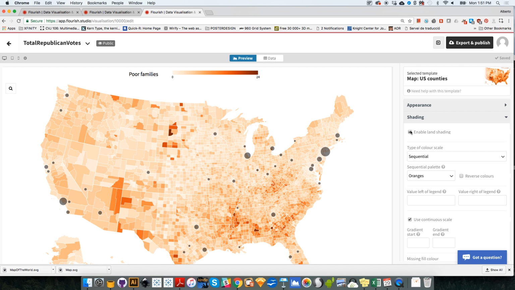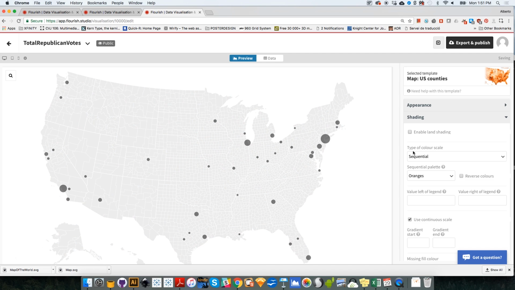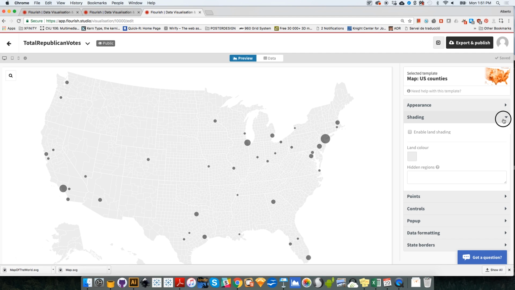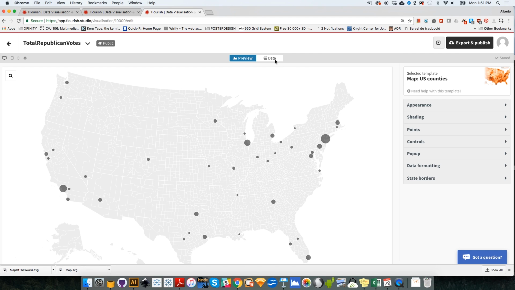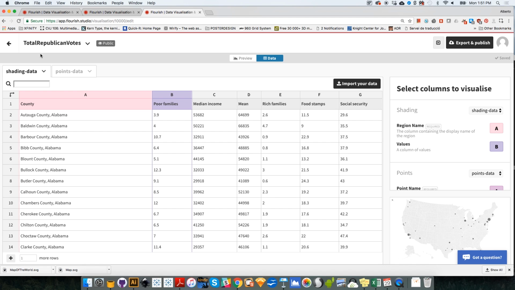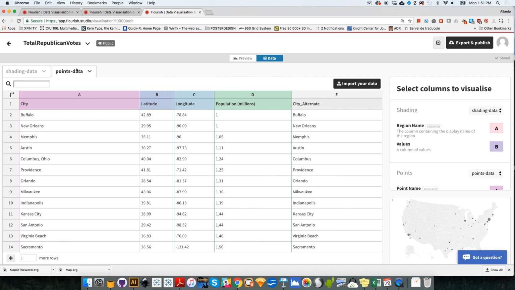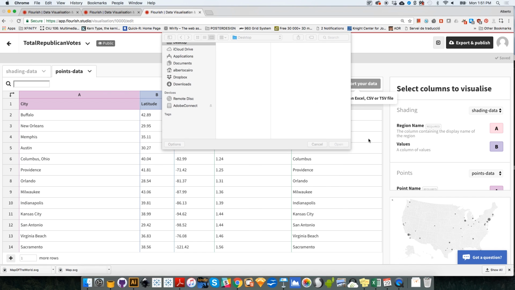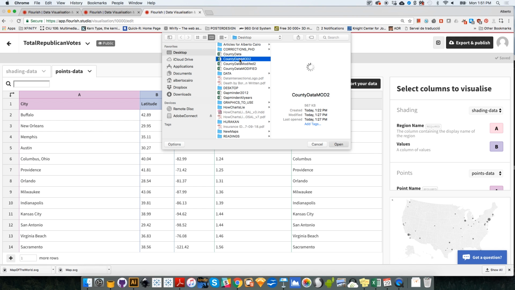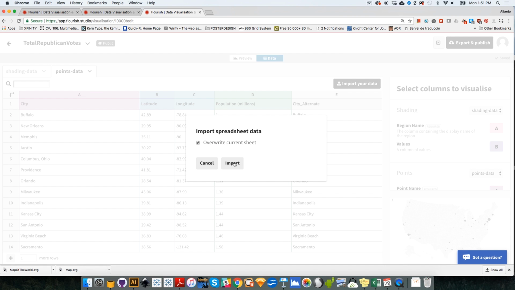We are going to disable land shading, so I'm going to just click on that, and then we are going to keep the bubbles. All right, I'm going to just keep them there. We are going to go to the data, and instead of loading the data on the shading data tab, we are going to load the data on the points data tab, because now we're going to use point data. So I'm going to import my data, which you remember is county data mod2, the modified file, and